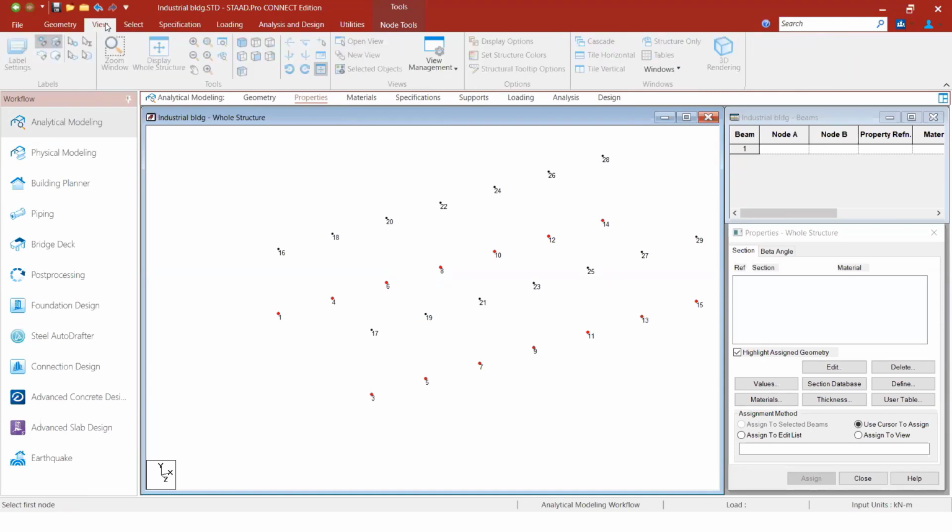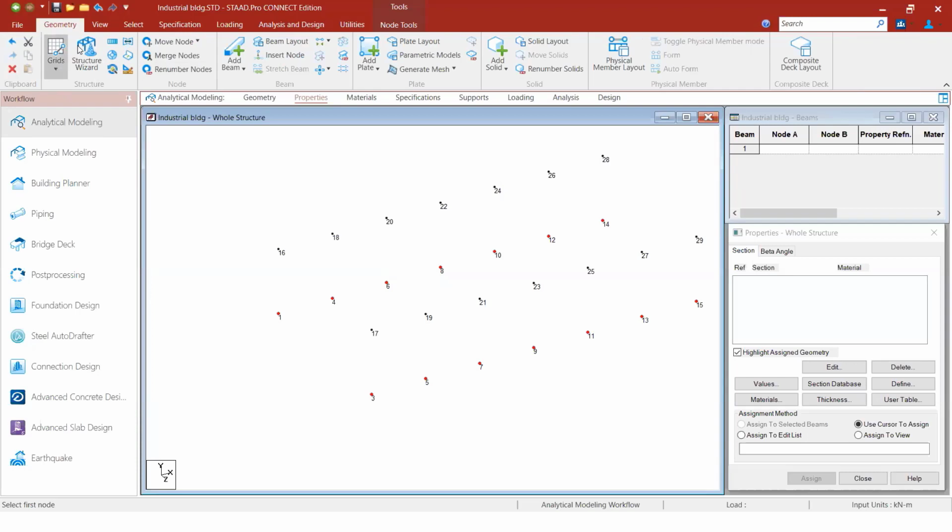Add beam. So you have various icons here. First, I will just explain. This is the translational repeat I used for creating the project, creating the nodes. This is a circular repeat. Here it is used. This is a move node. These are the GUIs that I'm explaining to you.